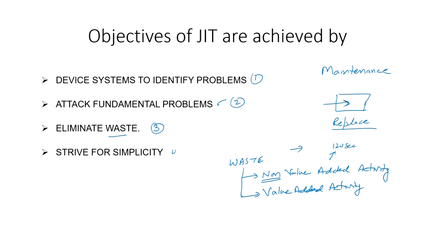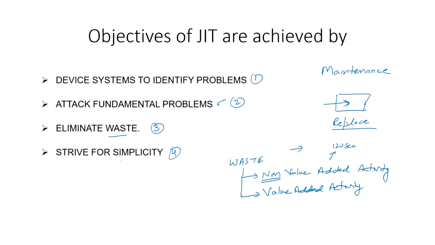The fourth very important and very useful principle in just in time is to strive for simplicity. That means, if there is a problem, if there is some issue, you should not develop a complex solution to that. If you develop a complex solution, that will have its own implications. Maintaining that complexity itself will create a large number of other problems. So, develop a solution which is very, very simple. In the Japanese context, in the JIT context, you will find all the solutions which are derived are more human centric rather than technology centric.